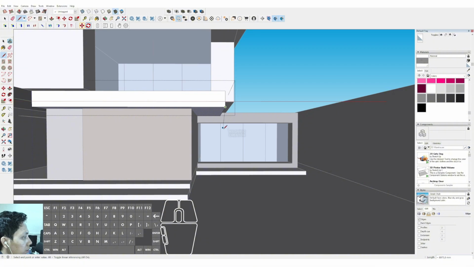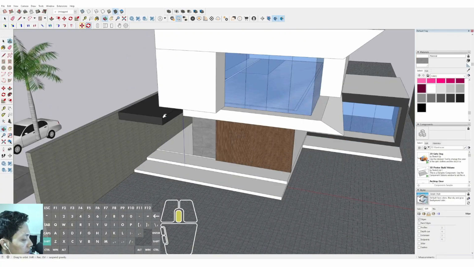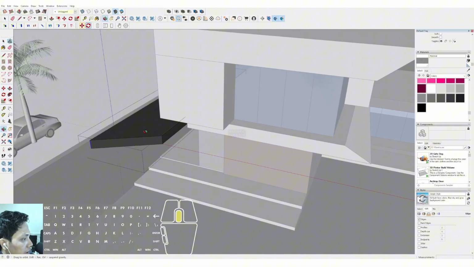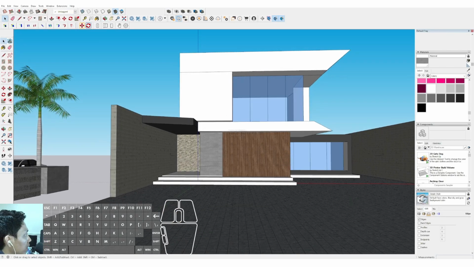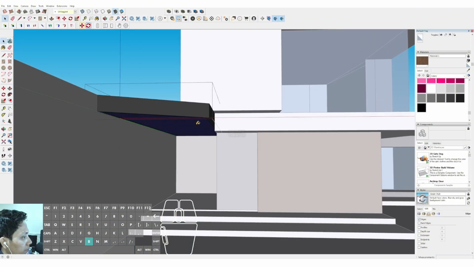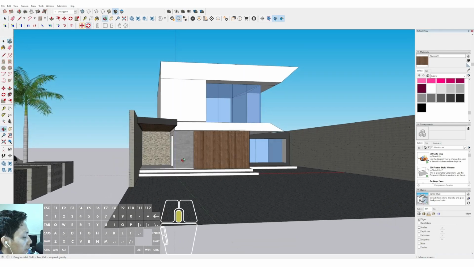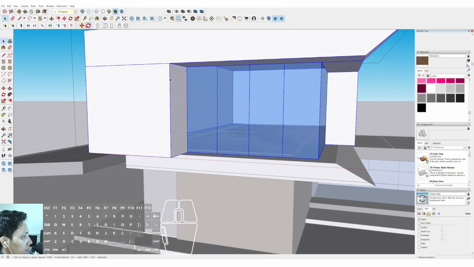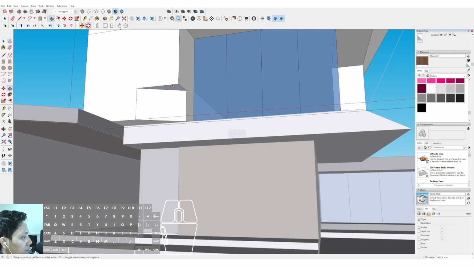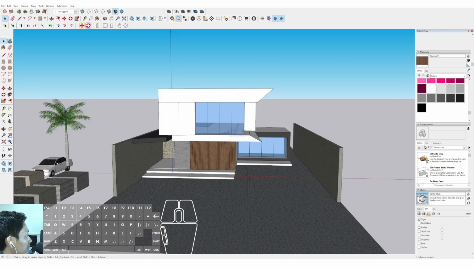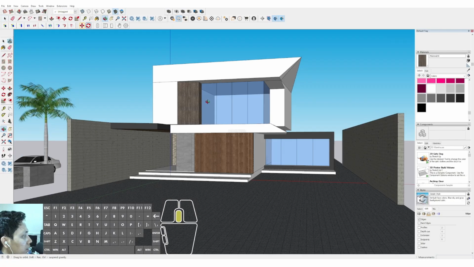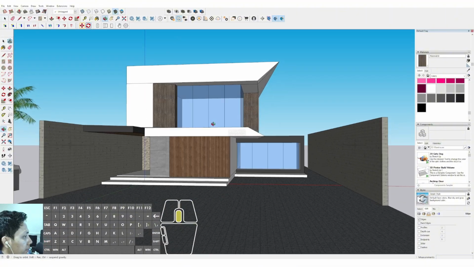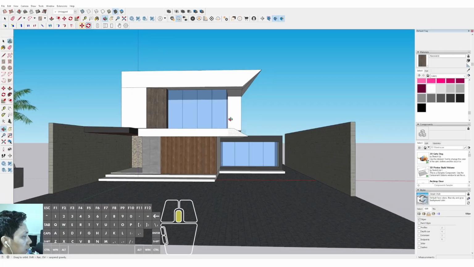And you can also add the line again and move it, okay, just like this. Then we can also make it more geometrical, just like this. Okay, and we can also assign the materials for the entrance over there, and we can also explore that it can be folded. Okay, now we can assign the wood materials maybe in here, and also in here, or maybe we can let it be white color. Okay,